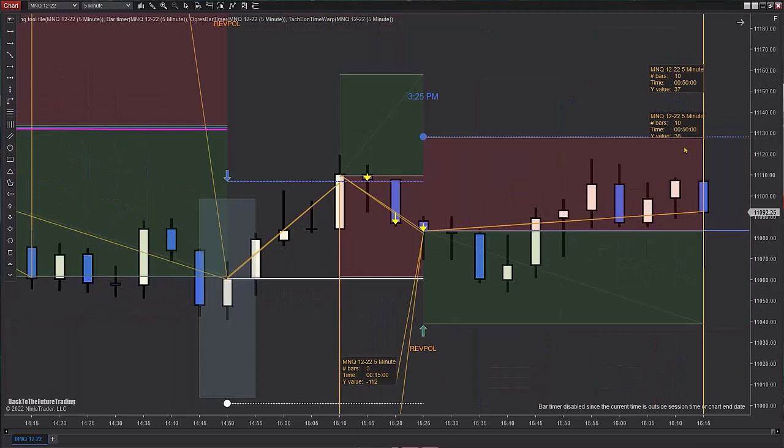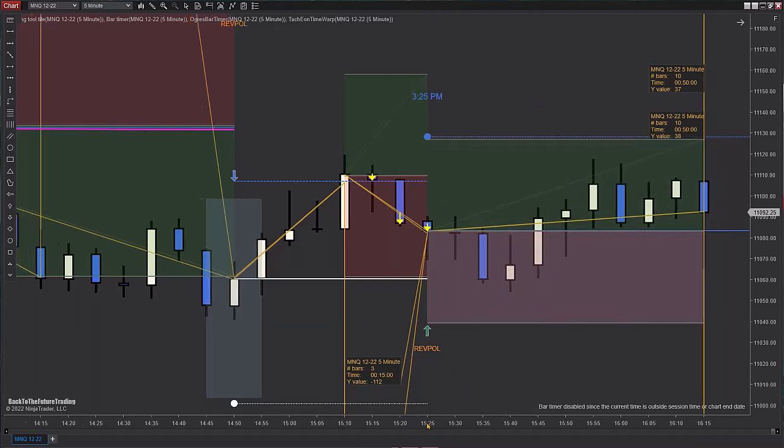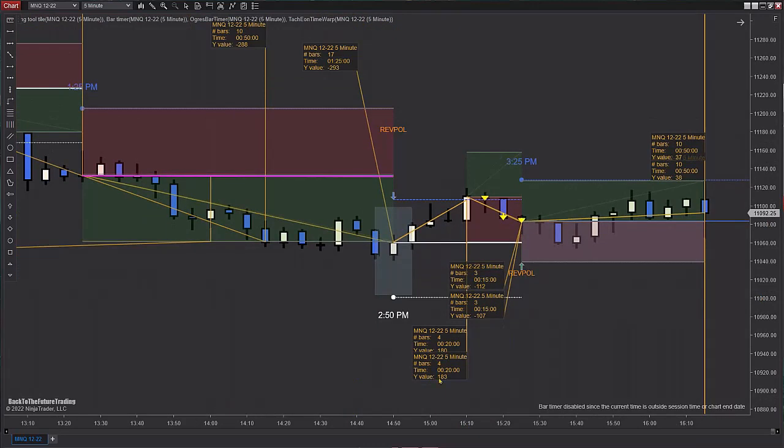So we ended with a positive. So that rev poll, because it didn't print down here, what I'll do is just take that distance and then place it down here. Sorry, a little confusing there at the end. Sorry about that. I think the rest of it went pretty well though.